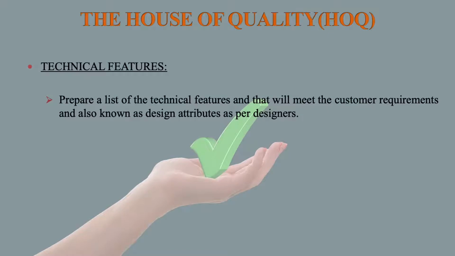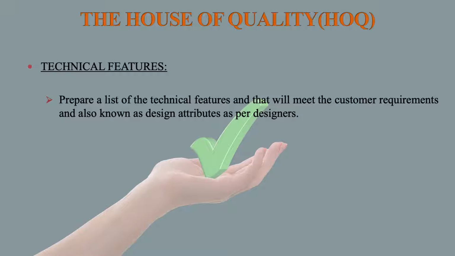So here that is the importance. So for different customers, different needs will be there. So that is individual customer requirements; customer needs to be identified, and each customer should be satisfied. So second, technical features. Prepare a list of the technical features that will meet the customer requirements, and also